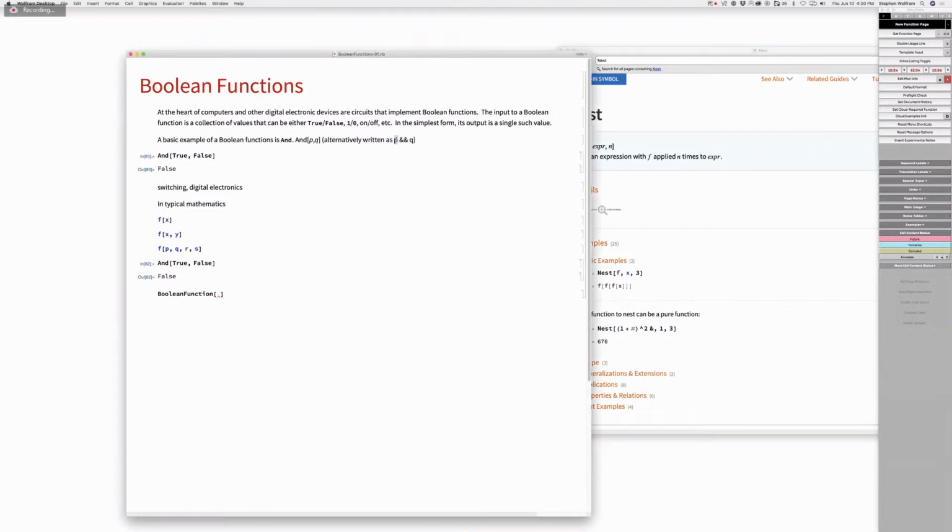So I'm going to just sort of hack this font here. But this is something that should be part of the sort of exposition making palette or whatever else, or possibly even this is something. I don't know exactly how to get to it. Okay, a basic example of a Boolean function is And. Alternatively,